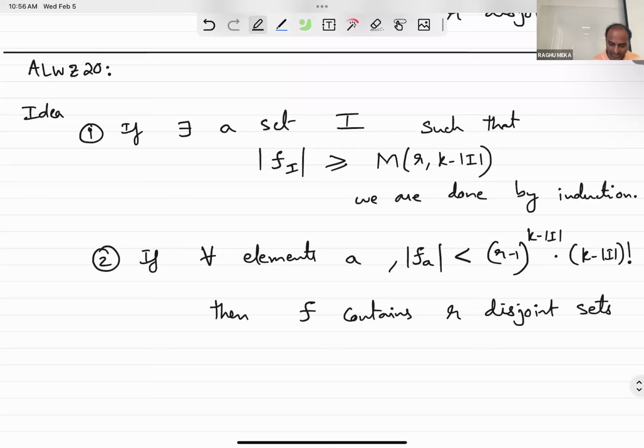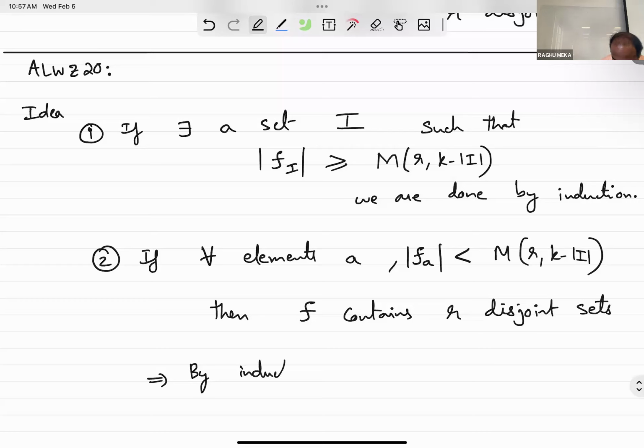And I need to show this condition. Okay. So if such a thing is true, then once again, by induction, I would get, so this would imply, by induction,